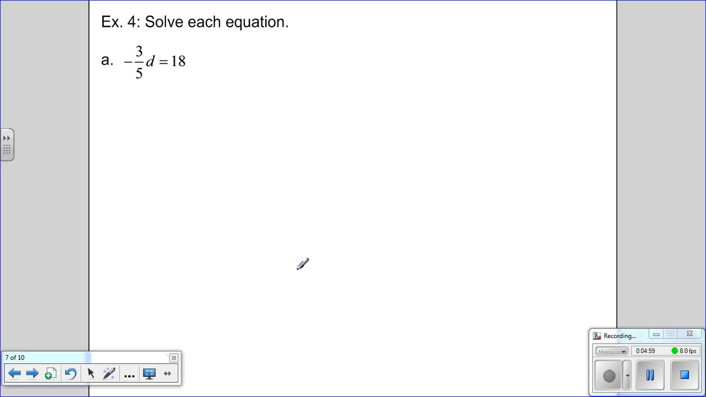Okay, so what I like to do anytime I have a fraction multiplied by my variable is I multiply both sides of the equation by the reciprocal of that fraction, because we know by the inverse property that if we multiply reciprocals we get 1. So negative 3/5,